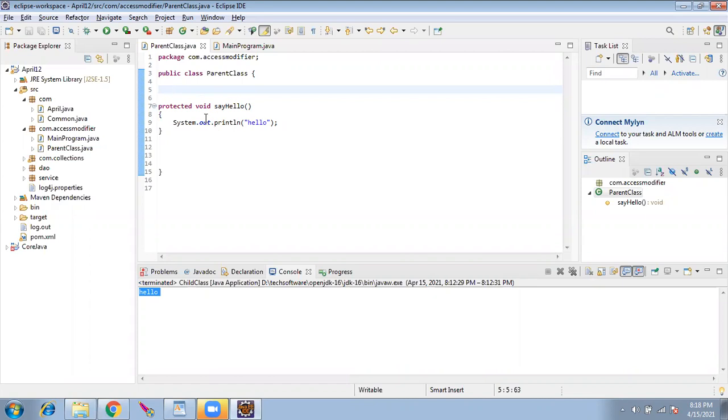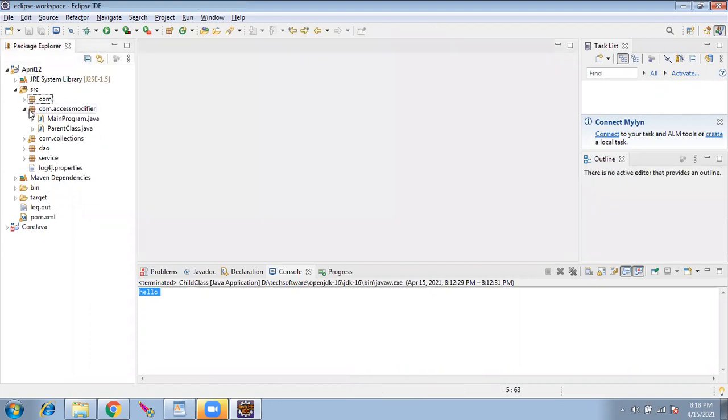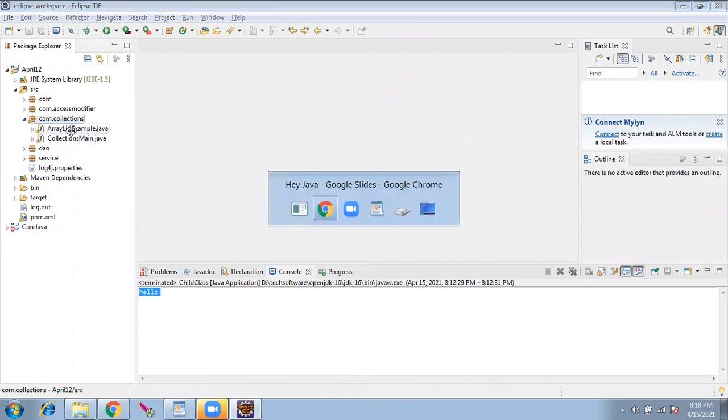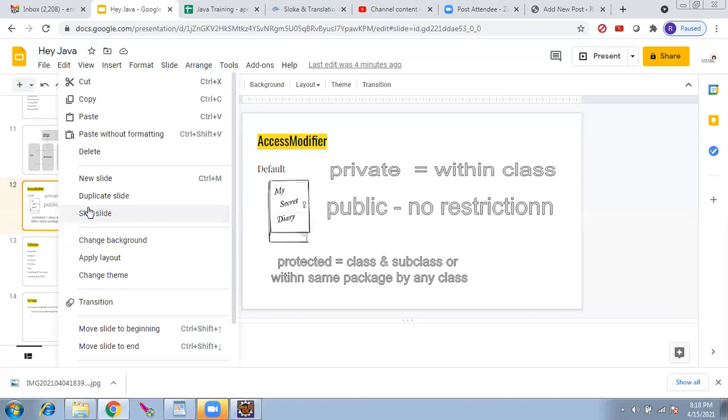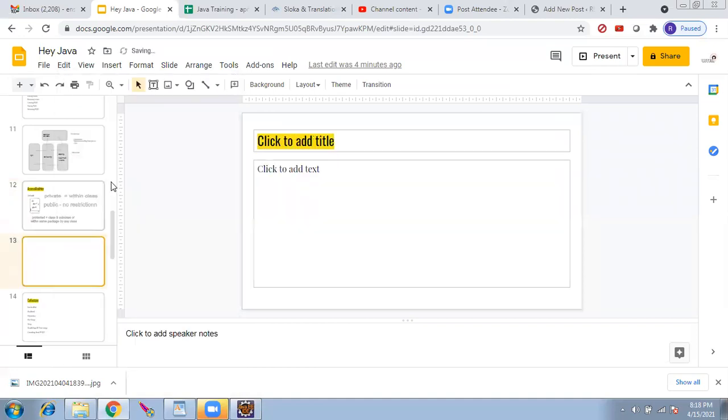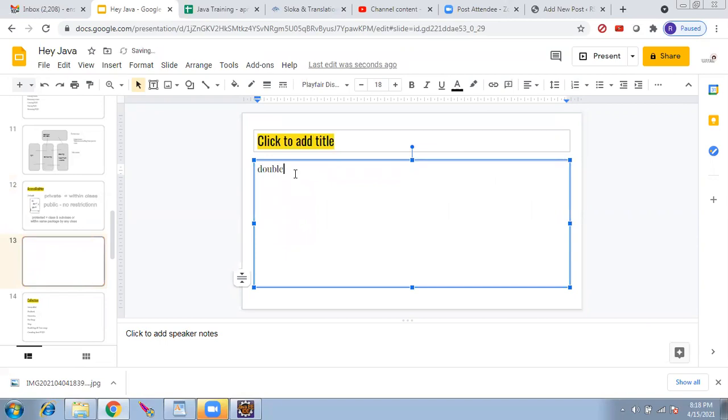Understood this one? Yes. Okay. Now let's move on to collections in Java. I'll take a new slide here. So in the previous cases, we declared something as double first number equal to 1.